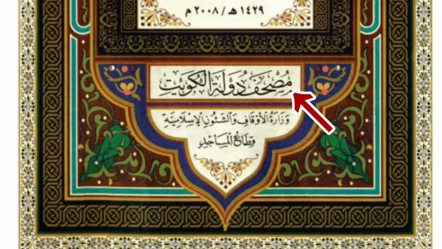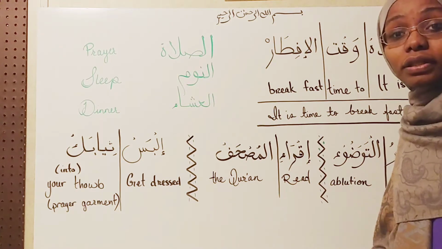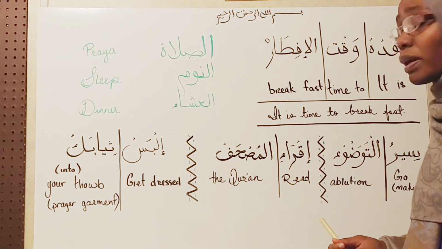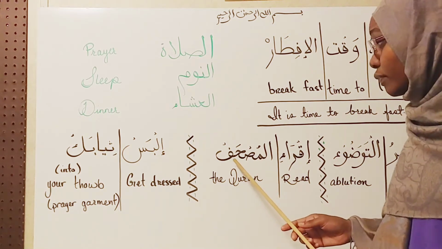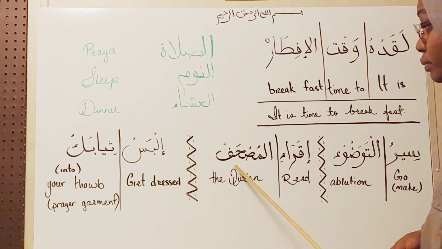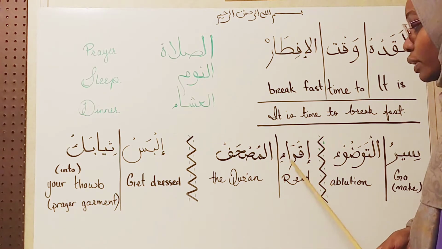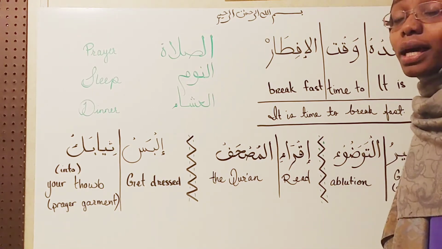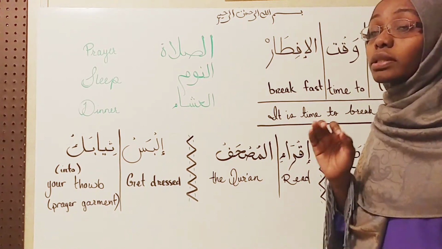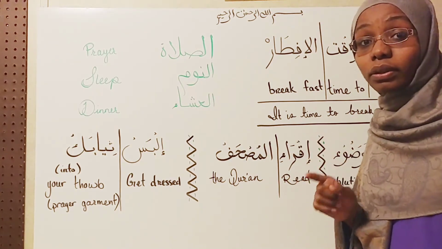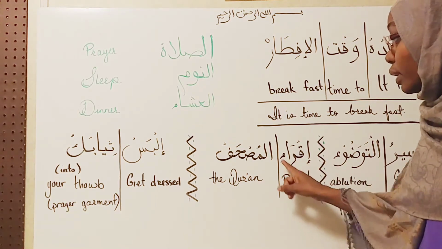If you were to look on the front, I'll probably try to insert a picture if I remember to. On the front of nearly every Holy Quran or Kitabullah, you'll probably see the word mushaf. Mushaf means Quran. It comes from the word suhuf, or pages. So اقرأي القرآن. اقرأي المصحف. It's read the Quran. During the month of Ramadan, you'll hear a lot of read the Quran, or you're going to remind your children or your family members to read the Holy Quran.